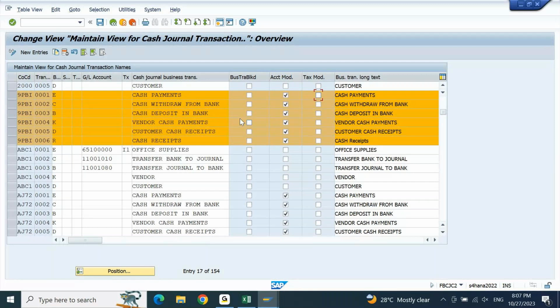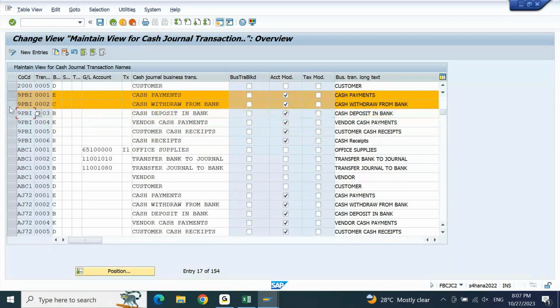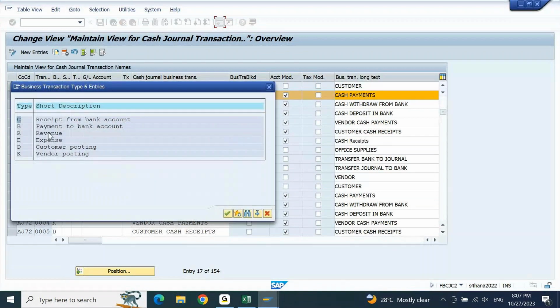Apart from these 6, we are assuming we are talking about another cash journal, which you are going to use for opening balance upload. For opening balance upload, you are going to use a GL transaction. For GL transaction, it will be E. Or you can select any one. I am going to select E. If you open the list here, E is nothing but expense. Or you can also use receipt from bank account. Anything you can create which is related to a GL account, either your expense E or receipt R,